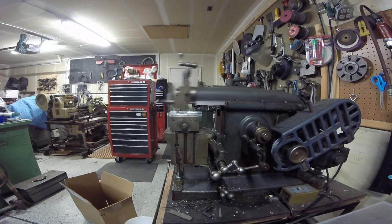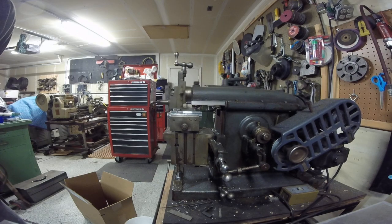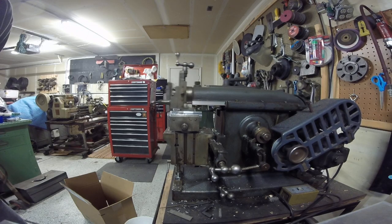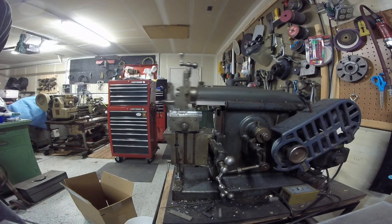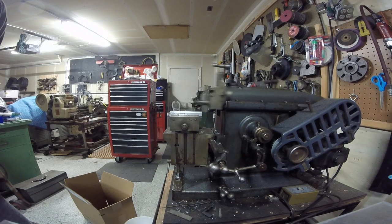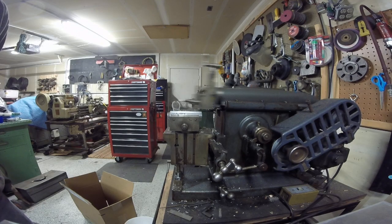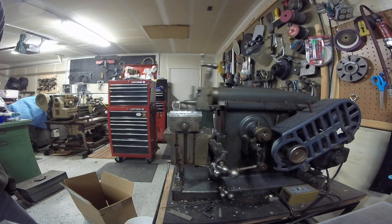One thing I will say, thank you so much to Mikey over there in Hawaii. This is one of his tool bit grinds. I was blessed to have his tool crowned for me and sent here. I'm using an old piece of HSS that's probably not available anymore, made by Blue Chip. He said that it was really difficult to grind, but whatever the case here, it's chewing up this aluminum